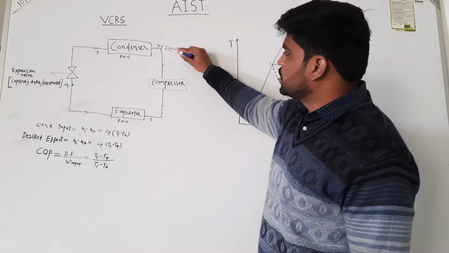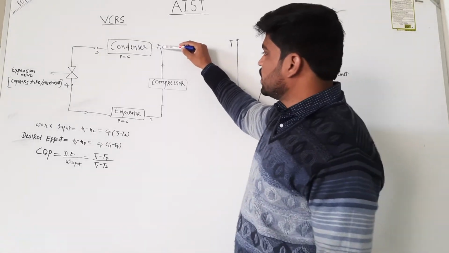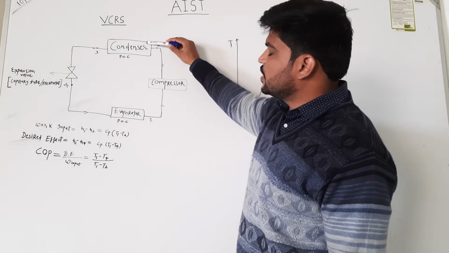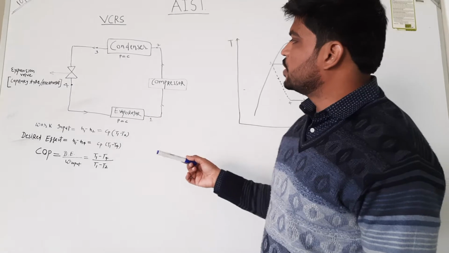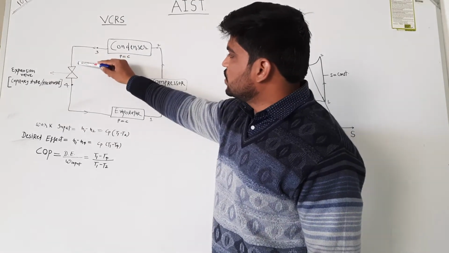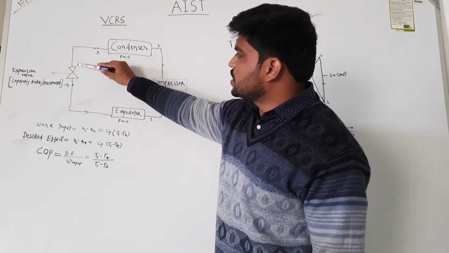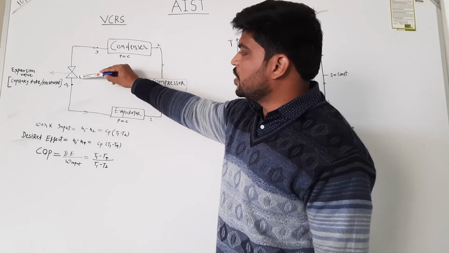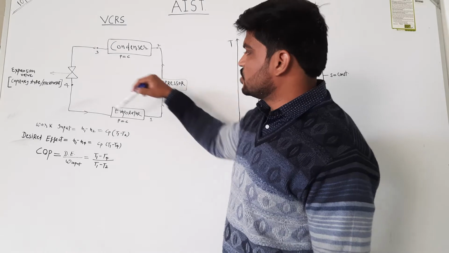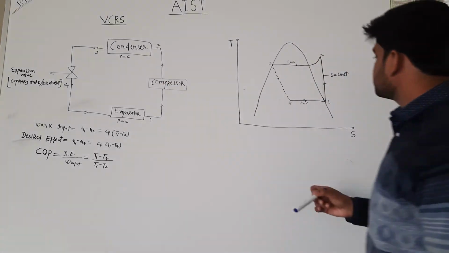into the state 2, and after that it goes into the condenser, and the condenser converts that saturated vapor into saturated liquid. In the last process, this saturated liquid is expanded in the capillary tube or in a thermostat. So this is basically the cycle.